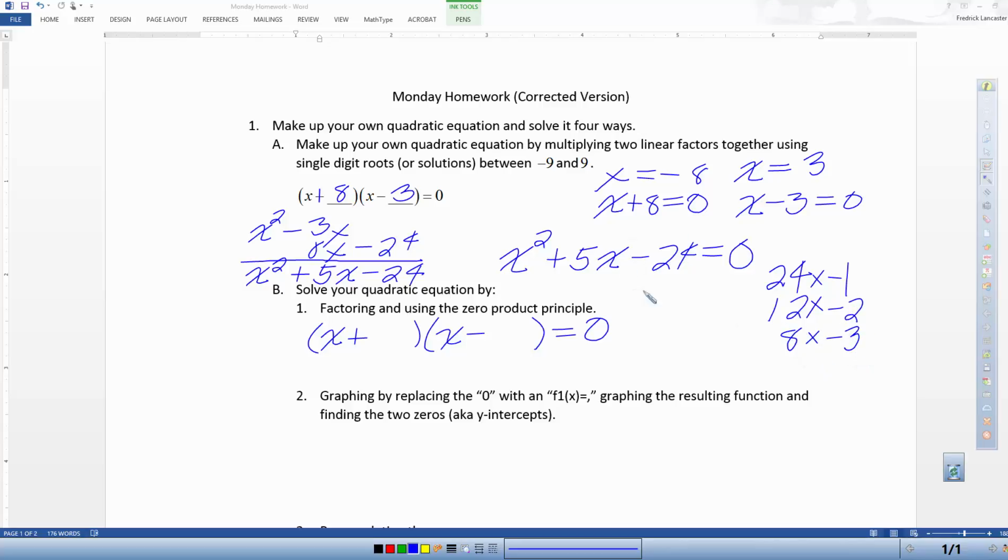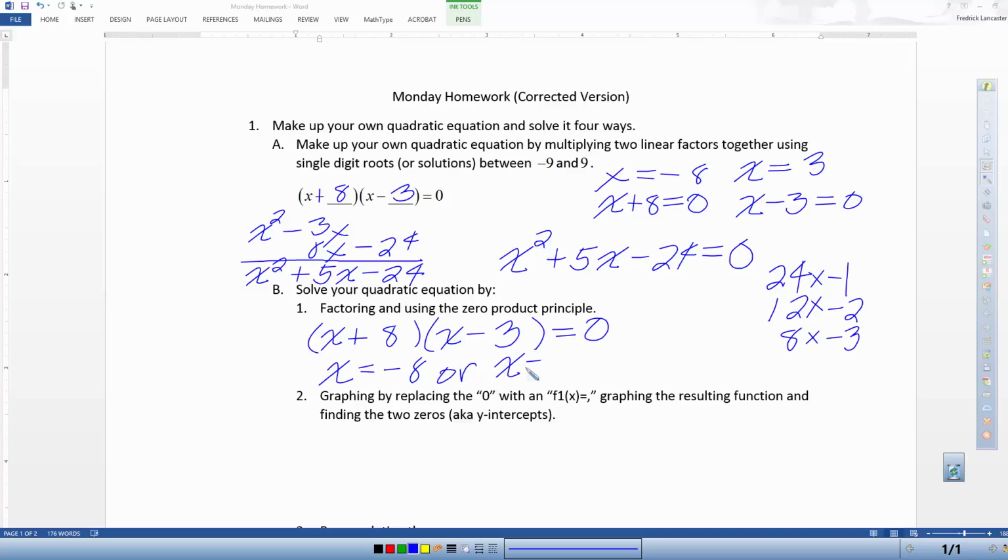So that'll give me the -24, and if I add 8 plus a -3, I get +5. So that is the correct factorization. So x plus 8 times x minus 3. So x plus 8 equals 0 or x minus 3 equals 0. So I'm going to jump to x equals -8